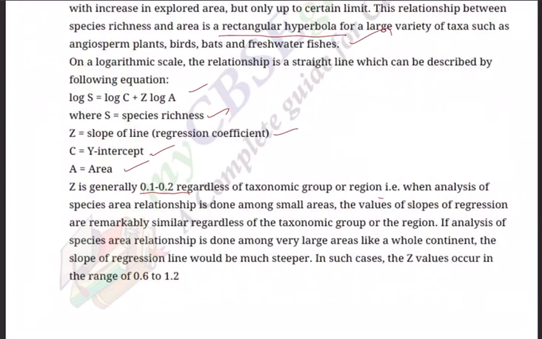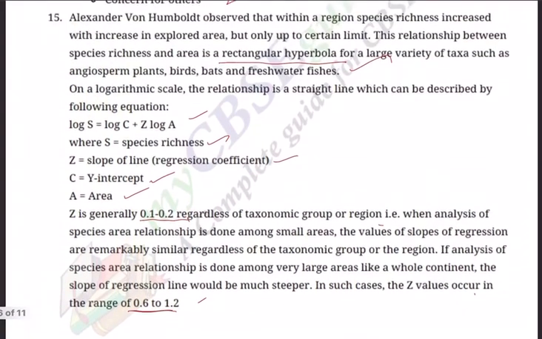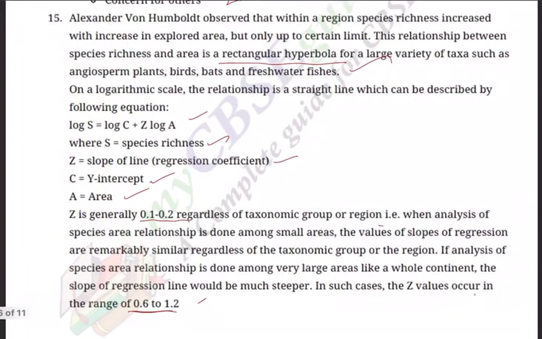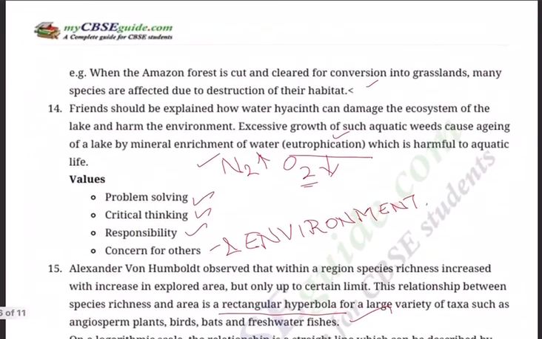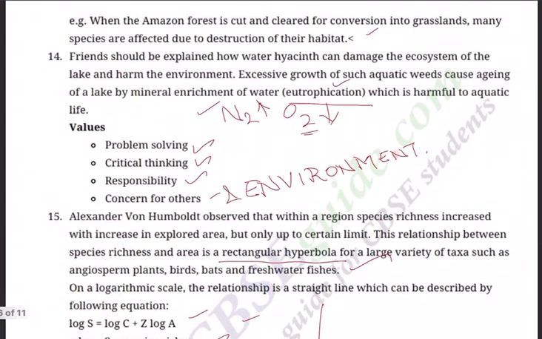If analysis of species area relationship is done among very large areas like the whole continent, the slope of regression line would be much steeper. In such cases, the Z values occur in a range of 0.6 to 1.2. So what you need to do is recollect the graph that we have done, and you need to draw that and see whether this explanation